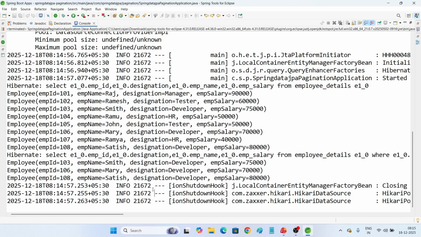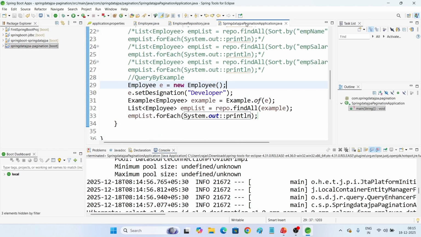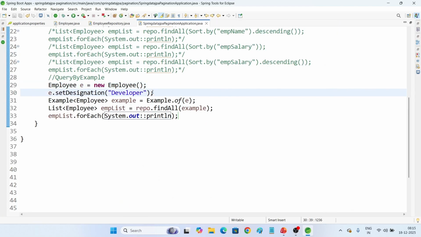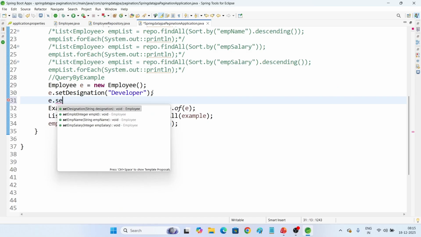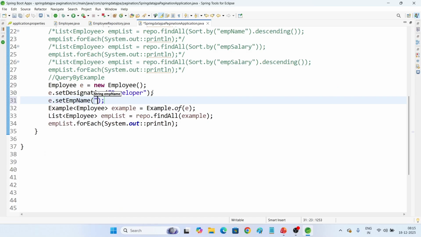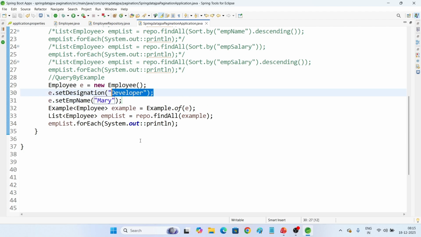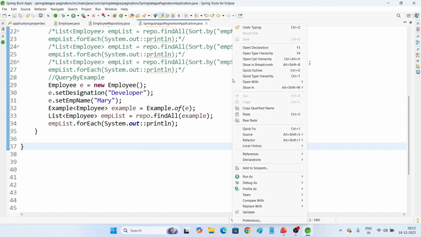Now I want to take only the employee whose name is, let me say something like Mary, whose name is Mary and designation is developer. Now how to set that? Go to your code. Here what we have to set? e.setEmployeeName as Mary. So now what it is going to do? It's going to take only the employee details whose name is Mary and even designation as developer. Now see, when we run this,